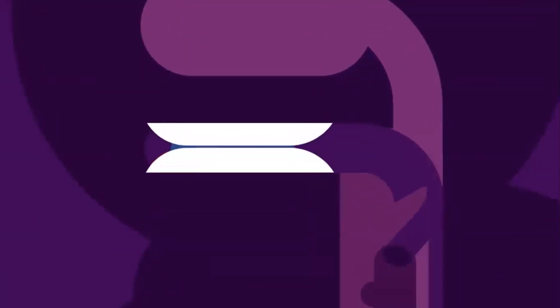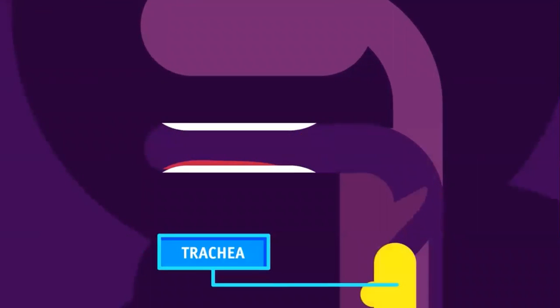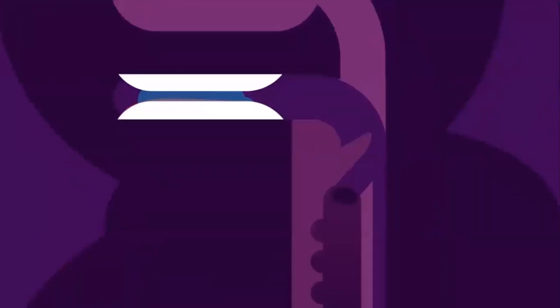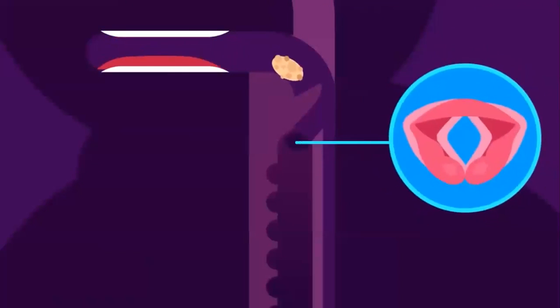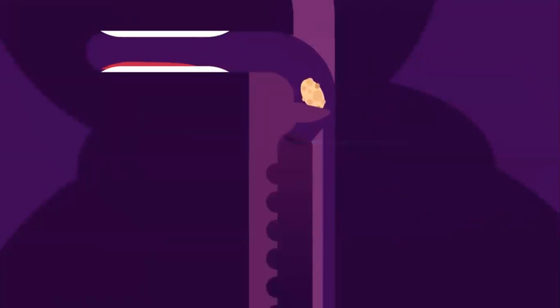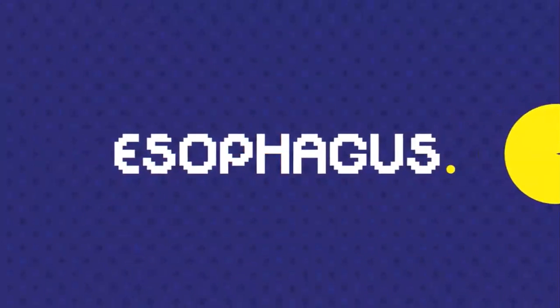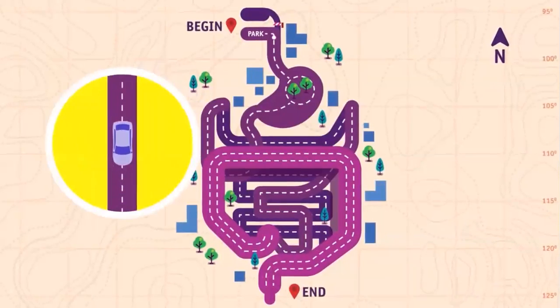An important function of the throat is that it prevents the food from entering into the trachea, more commonly known as the windpipe. When the food enters our throat, the larynx, or our voice box, closes. This results in epiglottis covering the entrance of the trachea, or windpipe. The epiglottis is a flap of tissue. Esophagus. Now that the food has reached the esophagus, a wave of smooth muscle contractions occurs, pushing the food into